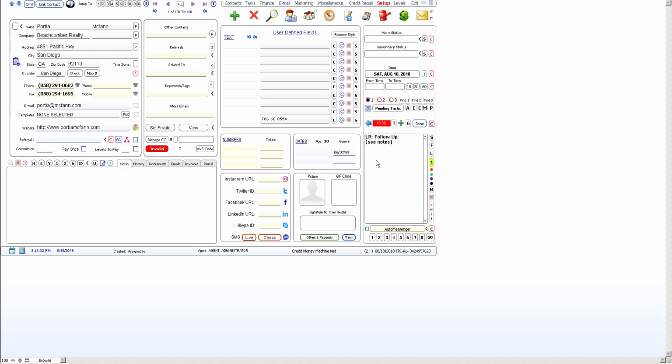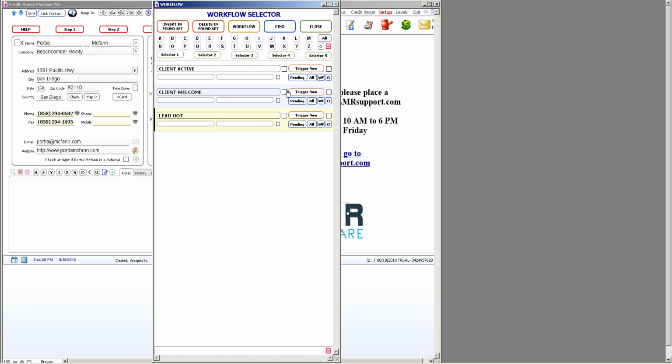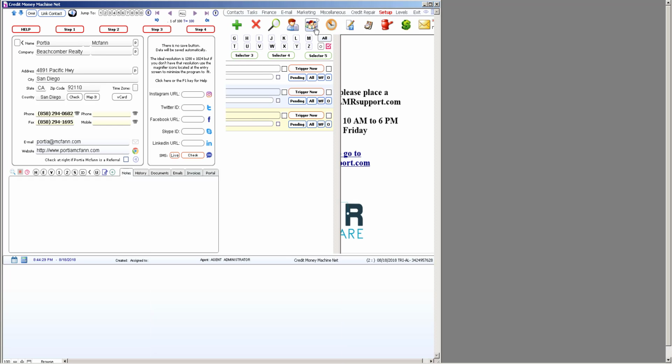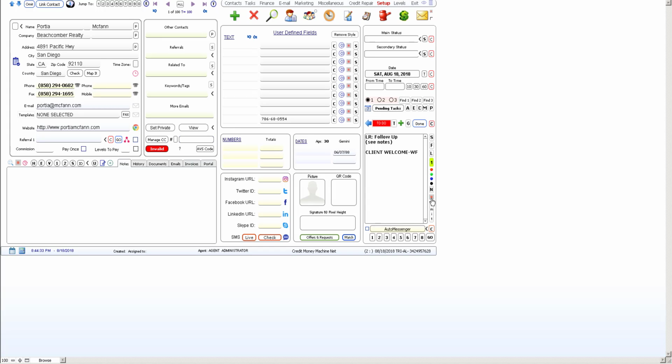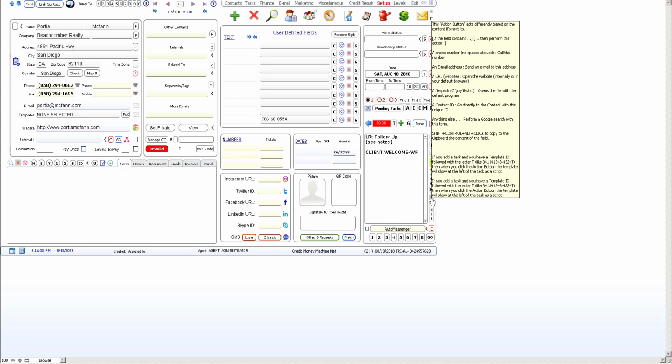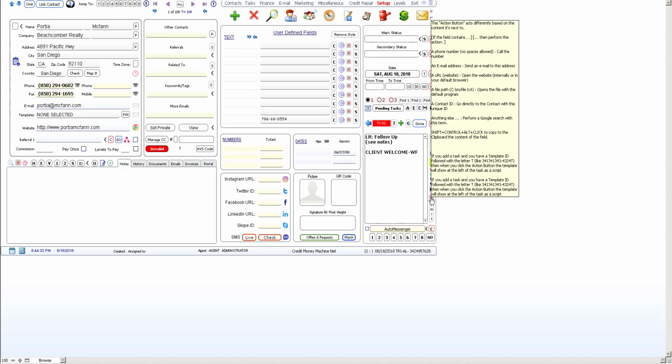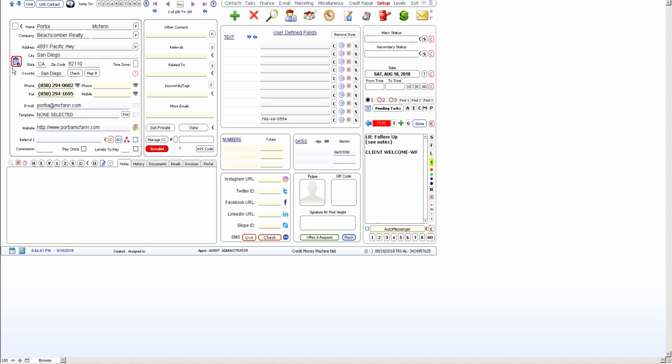So I'm going to do it, obviously in this case, kind of manually. And it's very simple. You just put the name of the workflow, and at the end you put dash WF. That's it. So notice that here we don't have any workflow, right? So if we go to the workflow selector, there's nothing checked, meaning there is nothing assigned. So just by clicking the action button here, okay,